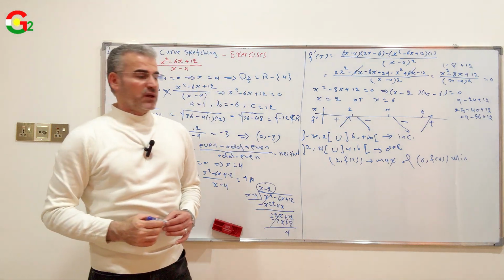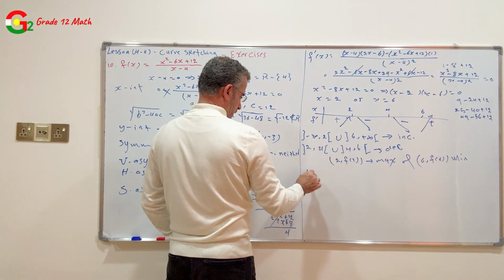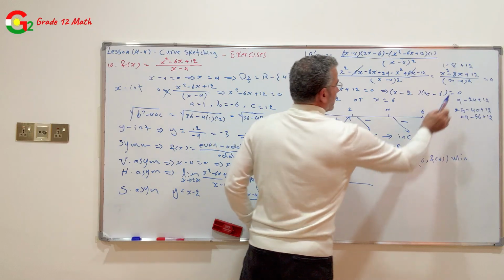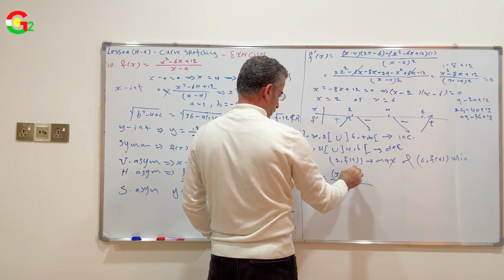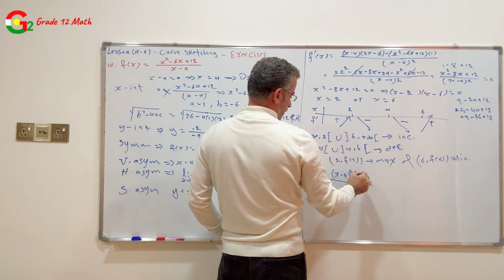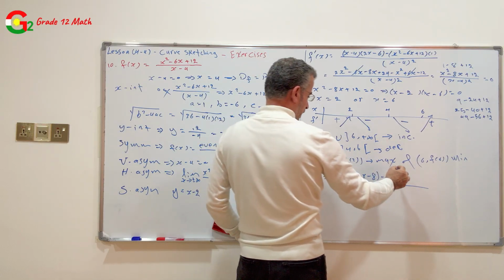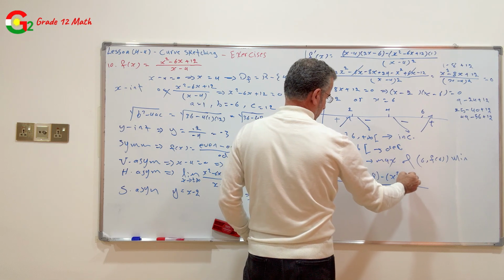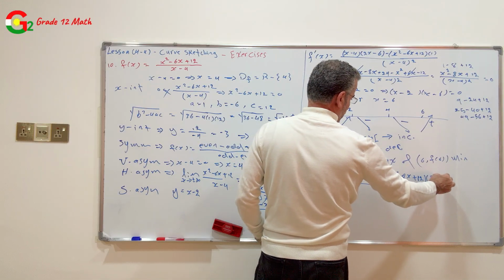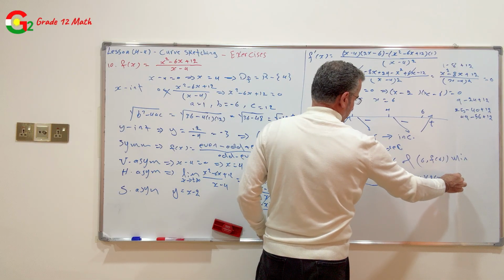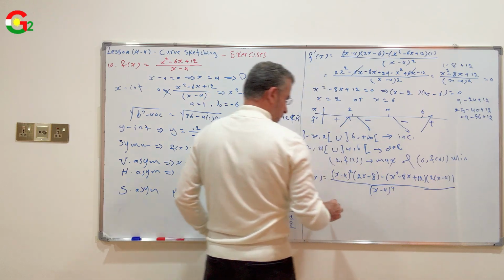To find the inflection point and the intervals of concavity, we find the second derivative. w prime of x equals the derivative of this function: the denominator (x minus 4) power 2 times the derivative of the numerator 2x minus 8, minus the numerator x power 2 minus 8x plus 12 times the derivative of the denominator 2(x minus 4) power 1 times 1, over the denominator squared, (x minus 4) power 4, equals